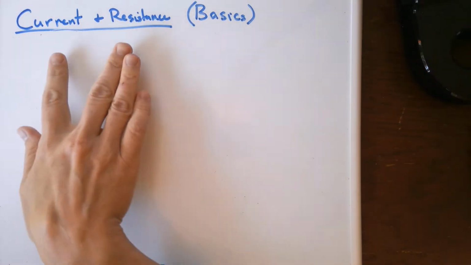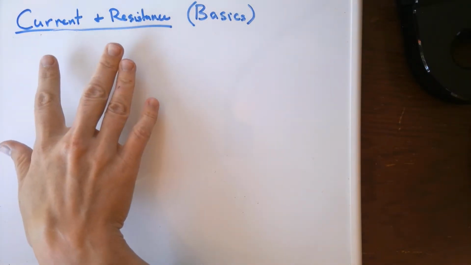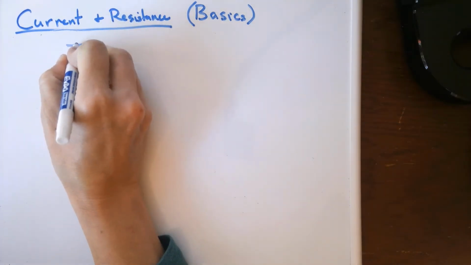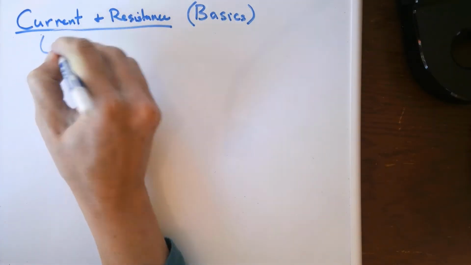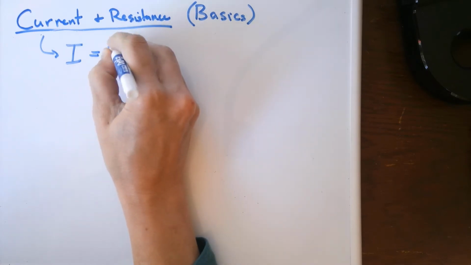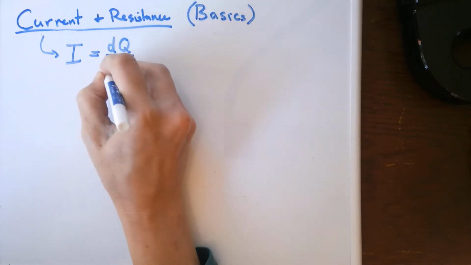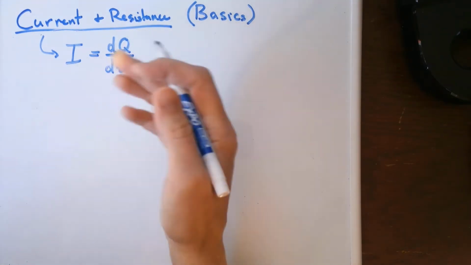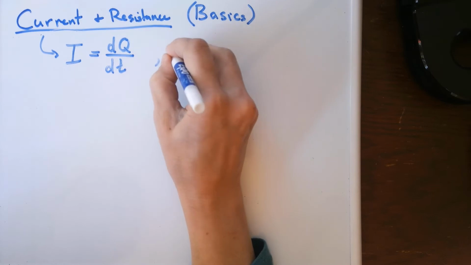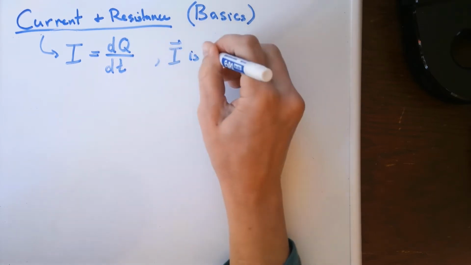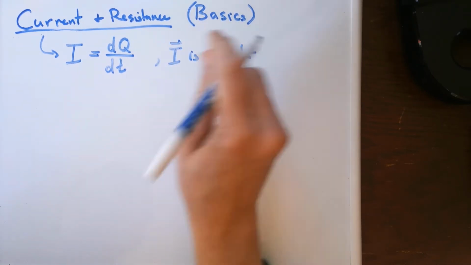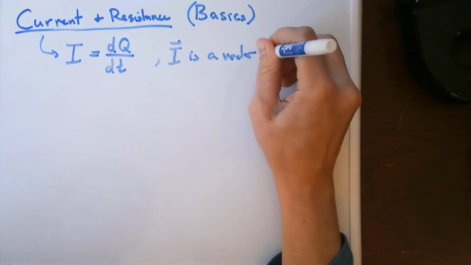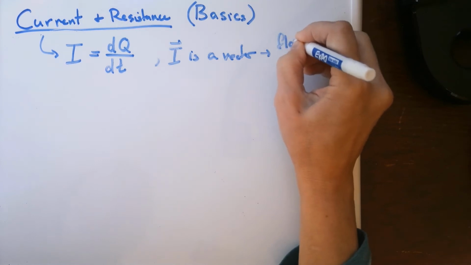So these are the basics you need to know about current and resistance when you're dealing with any kind of circuit. All right, so current, first of all, we use the symbol I. In magnitude, it is the rate of change in charge over time. It does have a direction, so I is a vector. We can use this to find the magnitude, and the direction is going to be, it goes from, so it